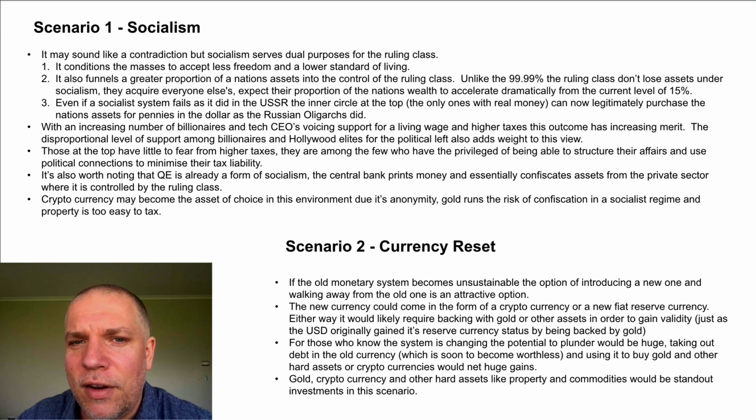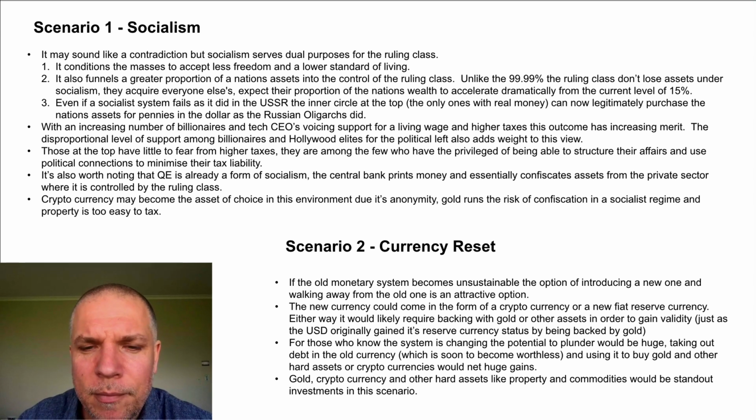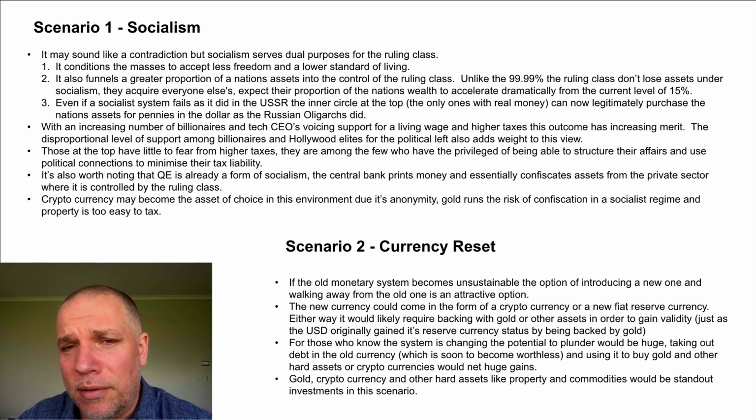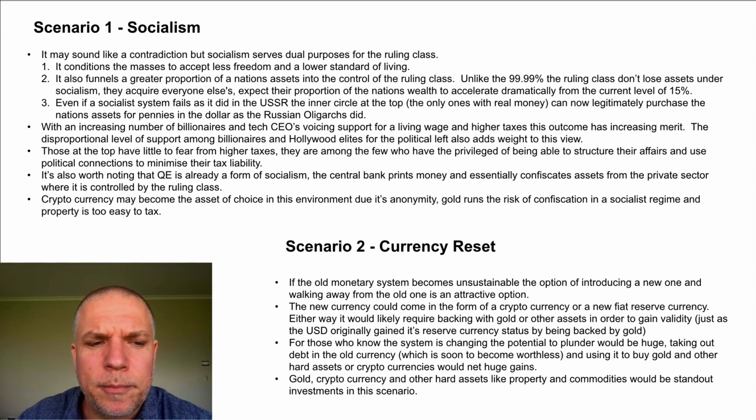Almost no assets are safe under socialism. The government's going to come after everything. Even gold has the potential to be confiscated, although it's better than many. I actually think cryptocurrencies have the best shot in the socialist environment because of their ability to be anonymous and their ability to be totally outside of the reach of government. So I'm going to say cryptocurrency is the asset of choice under this scenario.